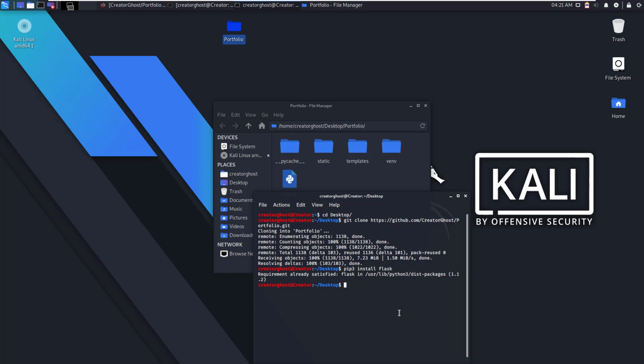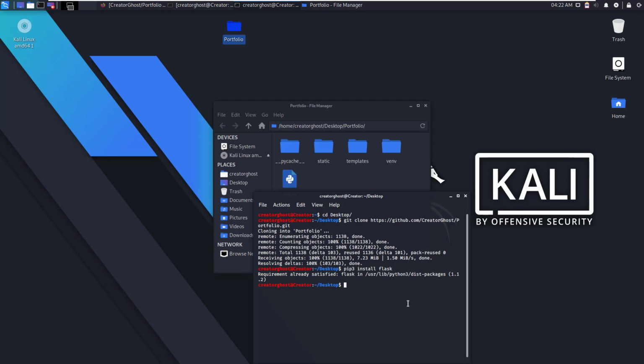And for me it basically says that the requirement is already satisfied. I will also try to add a requirements.txt file, which you can basically install with pip3 install requirements.txt, but the only thing needed here is Flask. So the first thing we are going to do is to check whether our program is working fine or not after you have done installing everything.